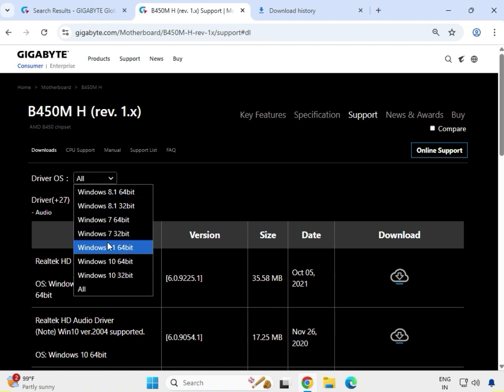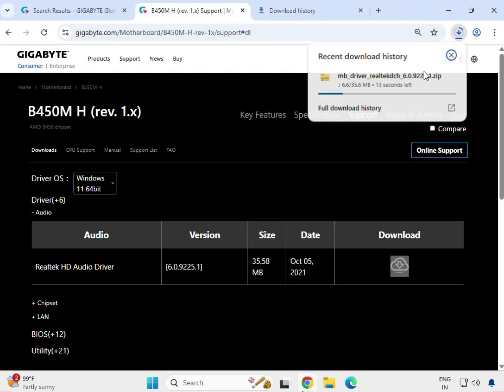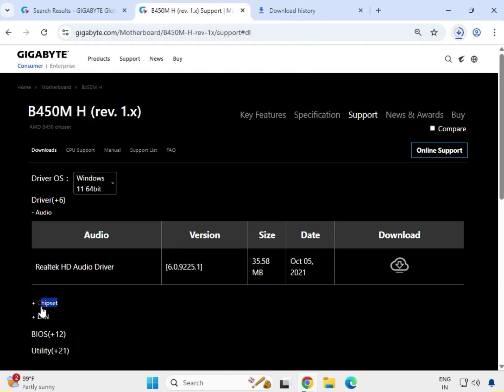So all the operating system installations are processed. So guys, first download, then I will show you how to install. So audio driver, audio, just click to download. This is the download icon. When you click to download, it will start downloading. You can see here. Okay, after that, chipset,